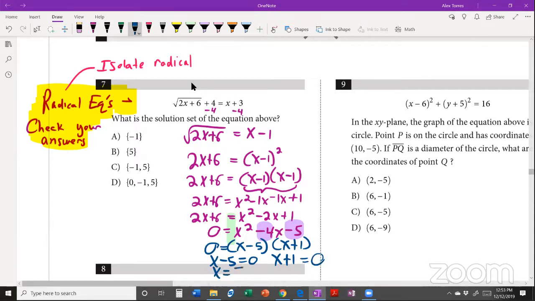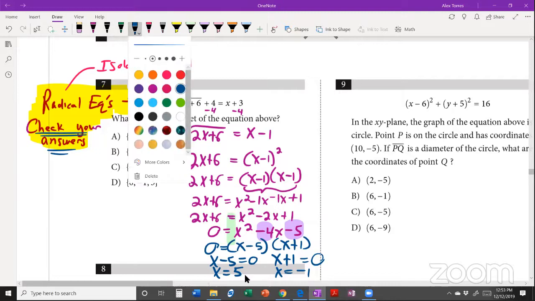And you can add 5 here and take away 1 here, and you get your two answers, which are 5 and -1. So like I said, C looks like an enticing choice, but we have to remember to check our answers for radical equations. So plugging in the 5